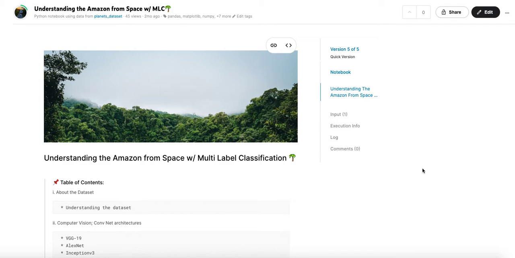For my final create project in my AI focus, I decided to work on another computer vision application because I personally believe that computer vision was just the most interesting subset of AI to explore for me. So I decided, why not build a computer vision project as my last create. So today I'm going to be walking through my project on understanding the Amazon from space using multi-label classification and